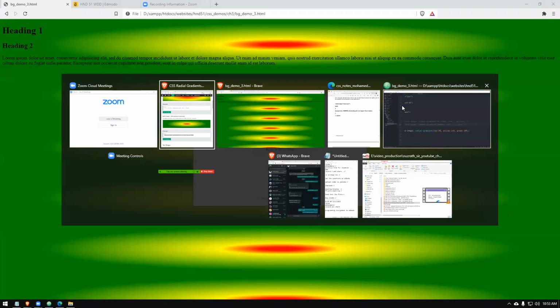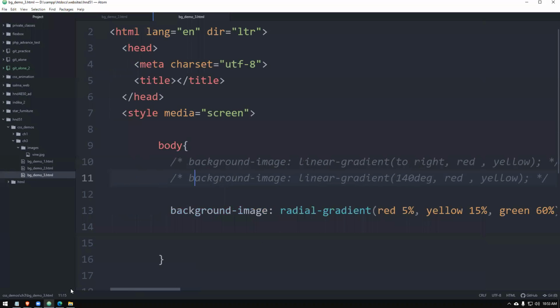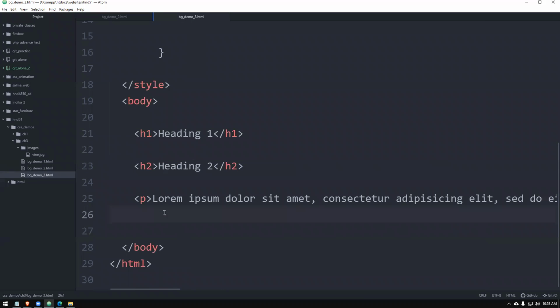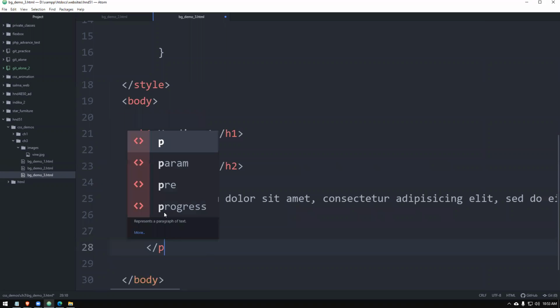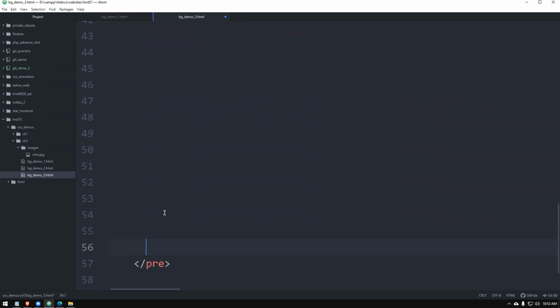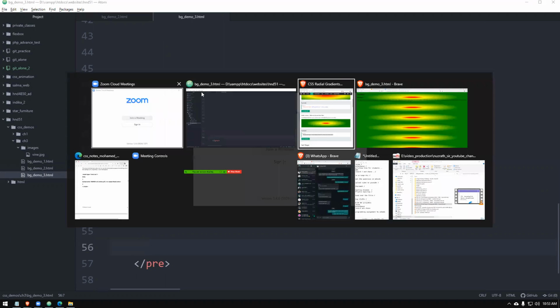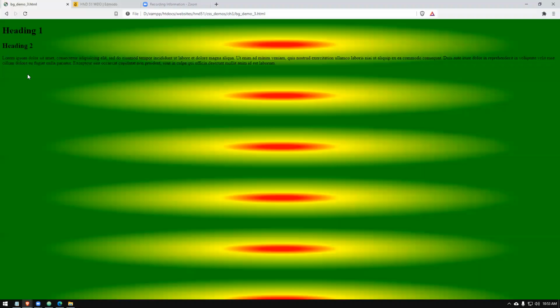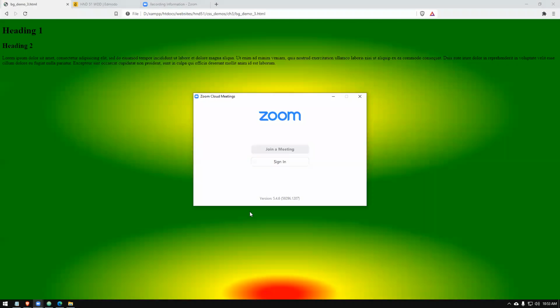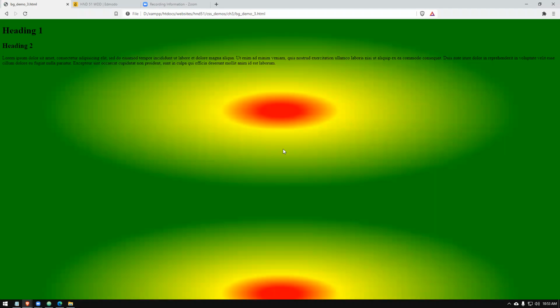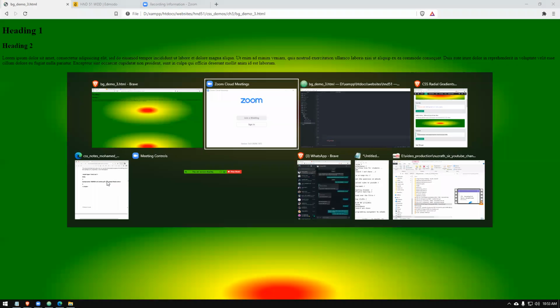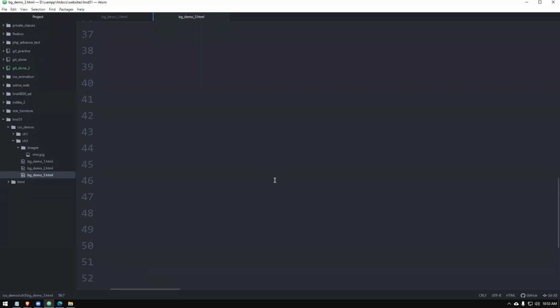If I make the page taller, then that problem is fixed. See, then you get the picture, right? So red is less, yellow is a little bit more, and green is more, right? So that you can again control.